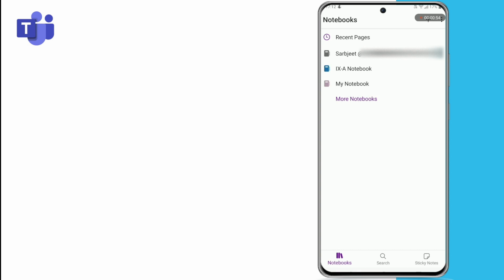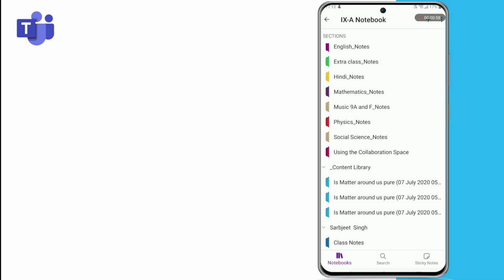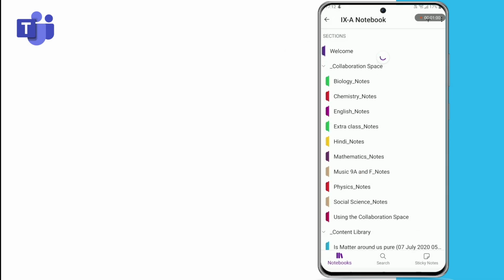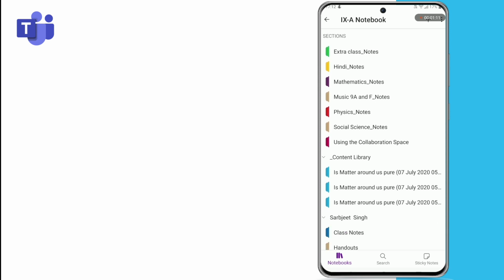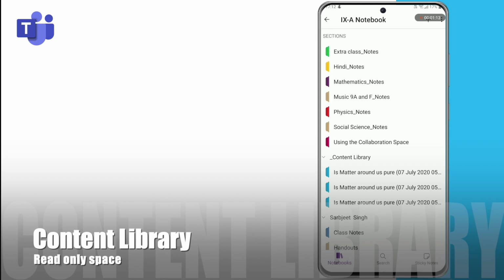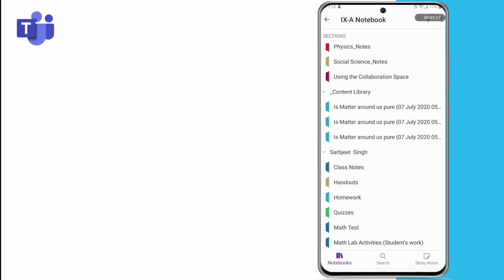Okay, so first let's see, I will click on ninth A notebook, and as a student I will see all these options. The first option is just a welcome page, next is a collaboration space. I already discussed the collaboration space in part 1. And as a student the most important parts for me are the content library and my personal space,